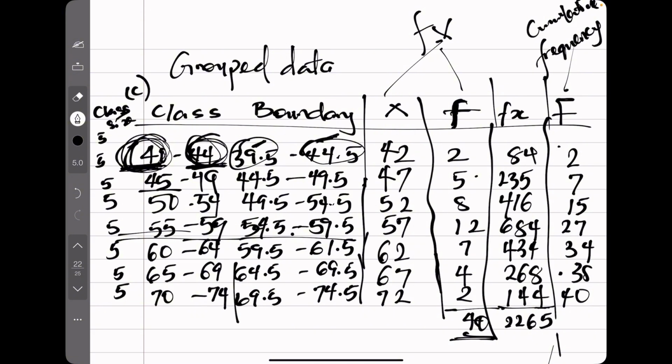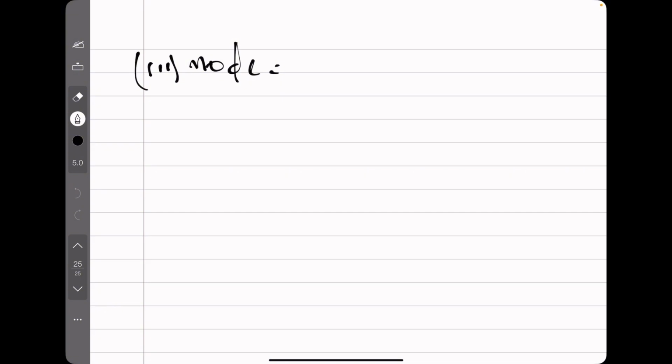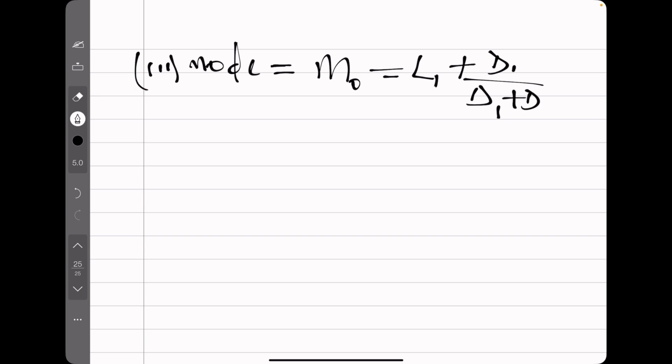This happens to be our modal class. So the formula for the mode is as follows. Just follow me closely. Mode, MO, is equal to L1 plus D1 over D1 plus D2,